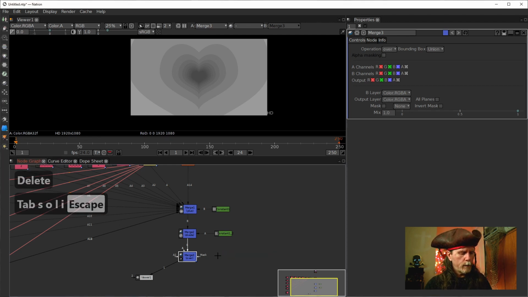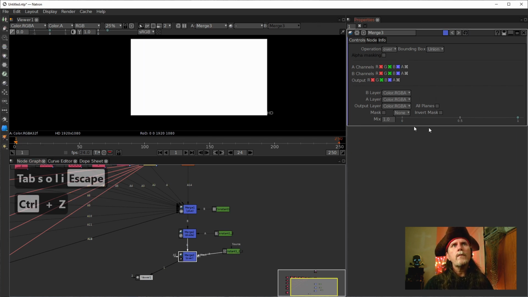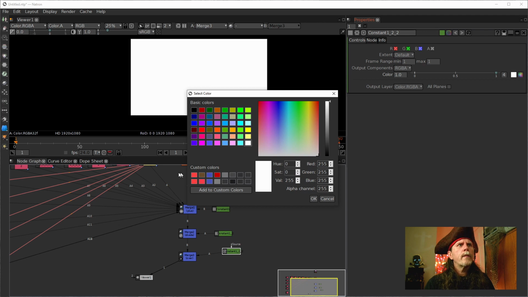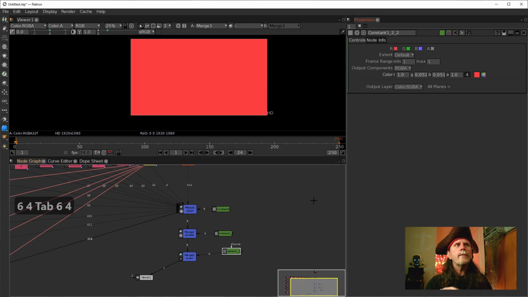No, I'll take it back. We're going to use a constant just to be on the safe side. For this constant, we're going to change the color here to red basically, and then change the green and the blue to 64, both of them to 64, and that's going to give us just a little bit of white on each, by adding a little bit of